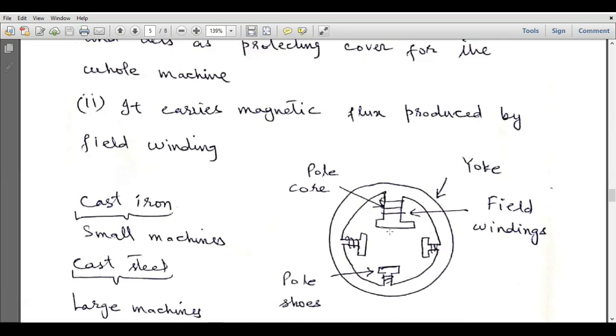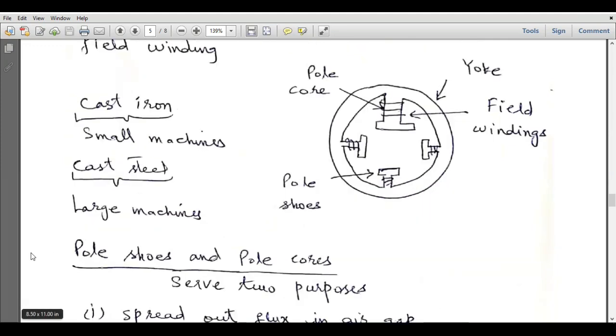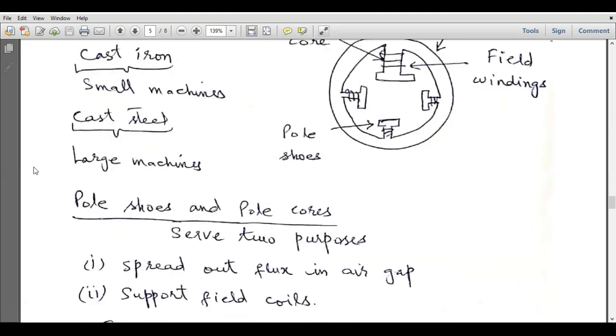The rotor is placed in this area, and here we have pole cores. These are pole shoes, and these are the field windings. The field windings produce magnetic flux, and that magnetic flux flows through this yoke. Now the yoke can be made either by cast iron or cast steel. For small machines we can use cast iron, for large machines we can use cast steel, and